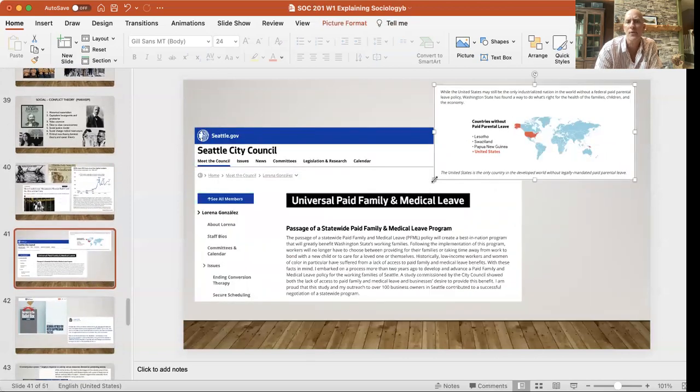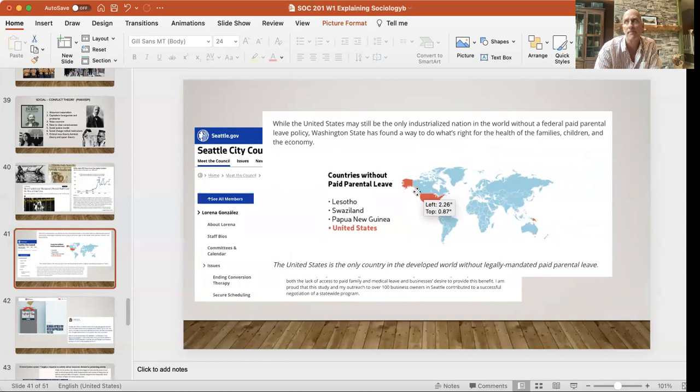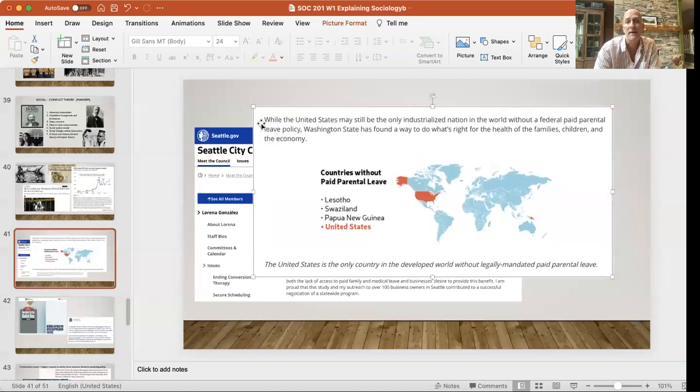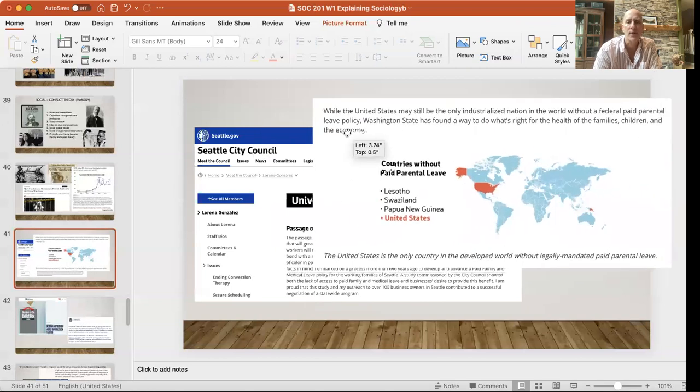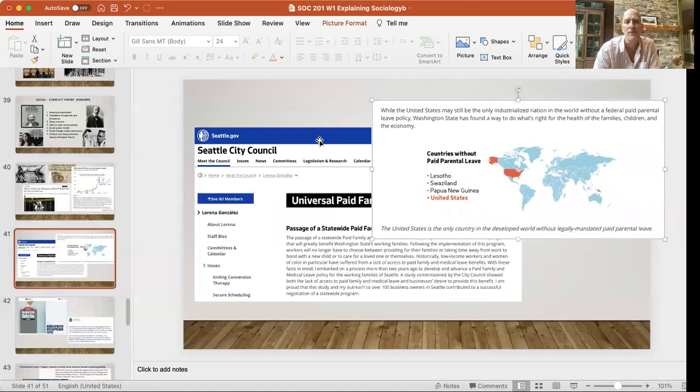The United States is the only industrialized country that does not have required paid leave, paid sick leave, maternity, family leave. We're the only industrialized country that does not have required, mandated paid family leave. And so, like, what's going on there? Like, how do we understand that? We have to get into our history, our culture, our values.